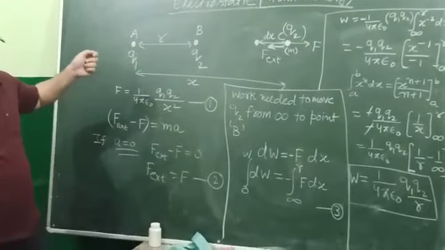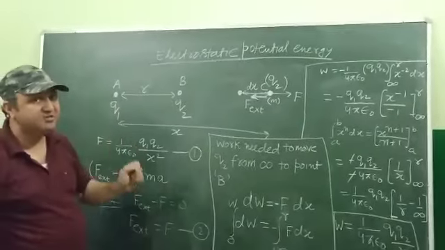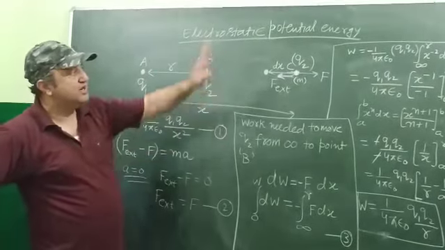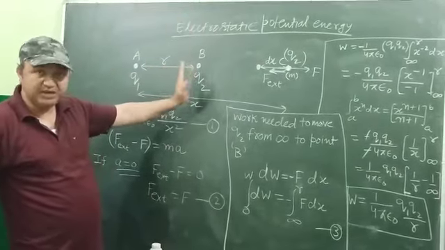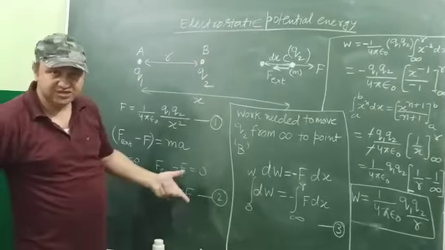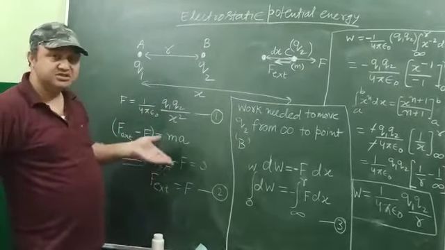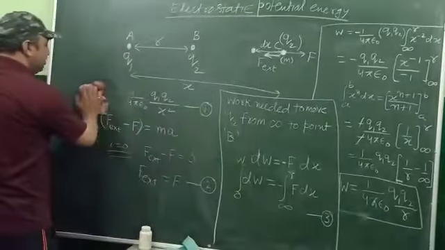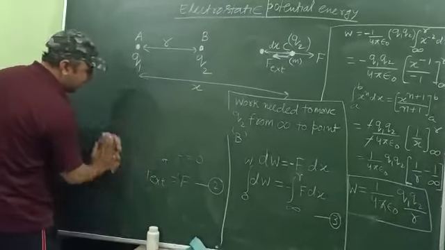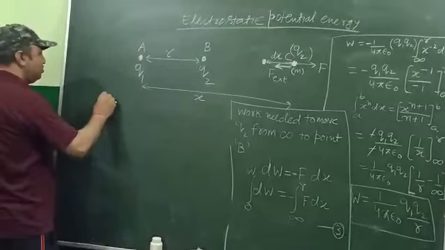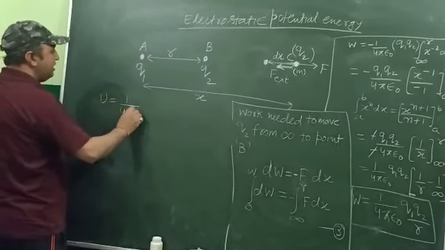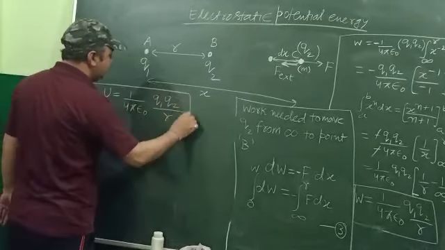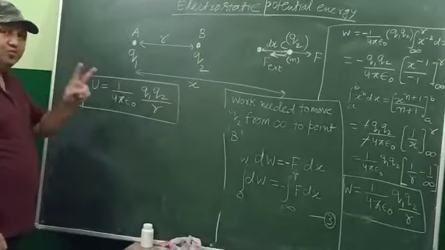You might have studied the law of conservation of energy, which says that energy can neither be created nor be lost. It can only be converted from one form to another form. So if you have spent some energy to bring the charge from infinity to point B, where has that energy gone? It hasn't gone anywhere. It has been stored in the system in the form of potential energy. So you can conclude your result by saying that the overall potential energy of the system is U equals 1 upon 4 pi epsilon naught Q1 Q2 upon R. And this is the potential energy of a system of 2 point charges at a distance.